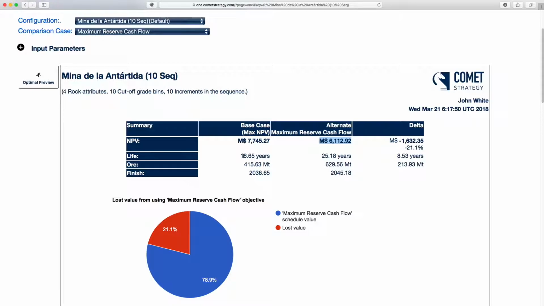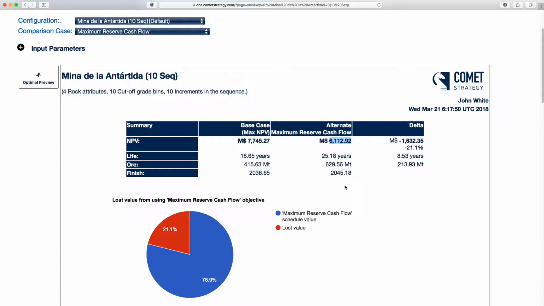Interestingly, our reserve has increased. So we've gone from 16.7 years up to 25.2 years. So quite a significant increase in life. And you can see the amount of ore has increased. So you'd expect that if you have more reserve, more material that's being processed, then you'll have a greater amount of ore and you'll have a greater life. But why is it that our net present value has actually gone down when we've increased the amount of ore